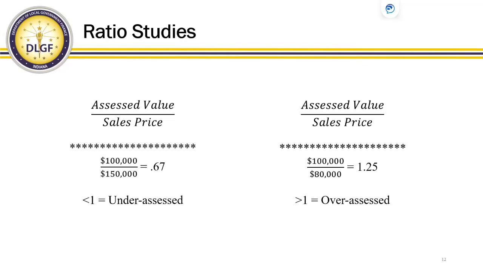I do want to stress that the example is just showing an individual sale and not the aggregate, the mass assessment scale. The ratio studies are done on a mass appraisal basis versus an individual assessment basis. We'll get into some of the requirements for the ratio study in terms of the statistical standards it must meet. But I think this is a good representation for a taxpayer to see